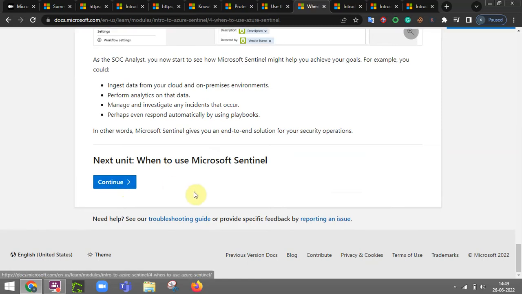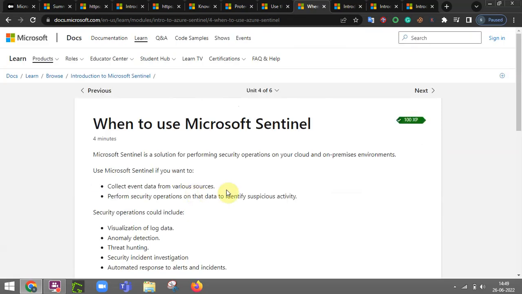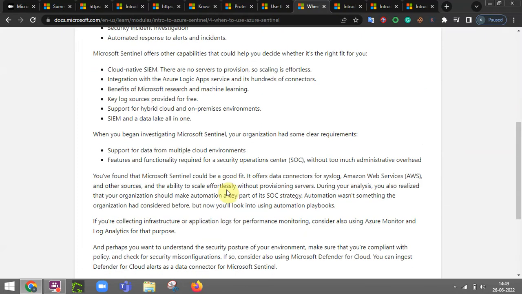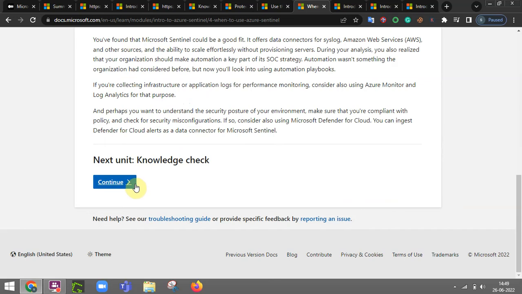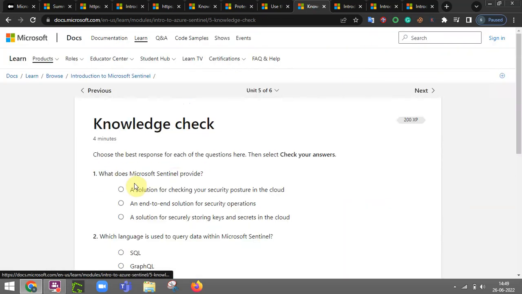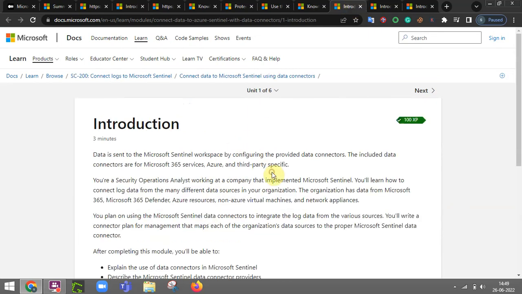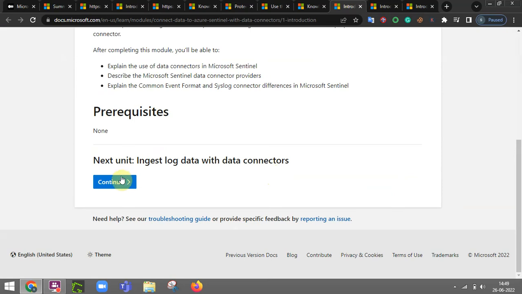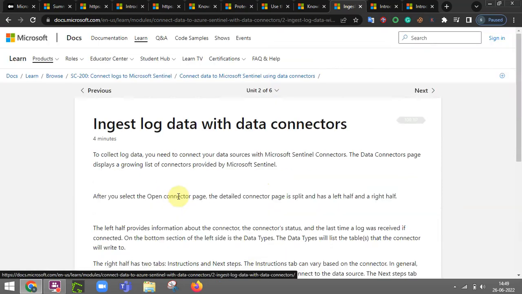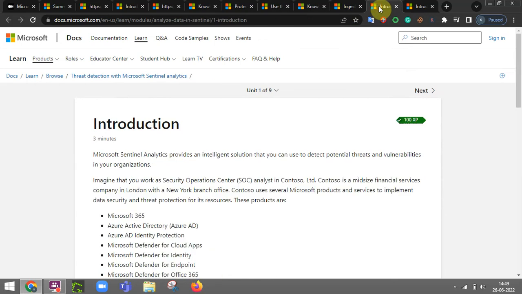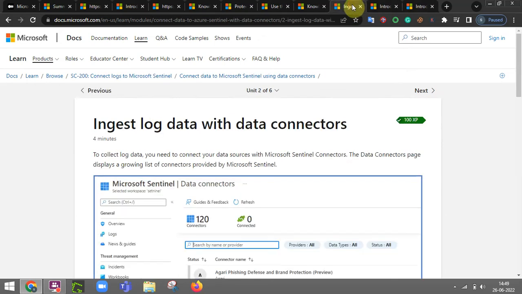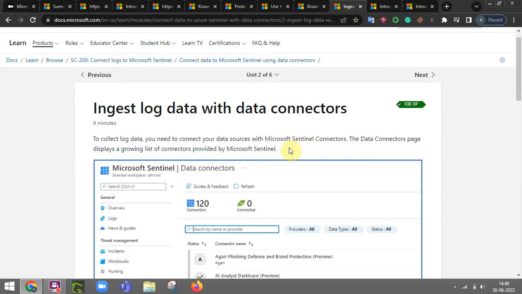The next part explains why we use Microsoft Sentinel. It talks about certain features because of which we are using it, and the last one is the knowledge check. Please make sure you do the knowledge check for your own understanding. After which we have other things. The last 3 documents from Microsoft for Sentinel are more important,